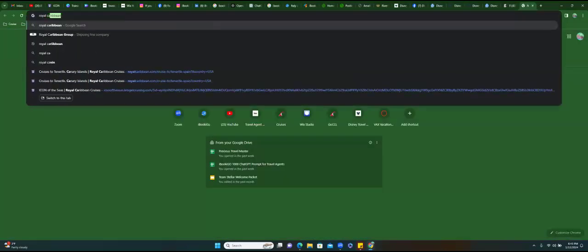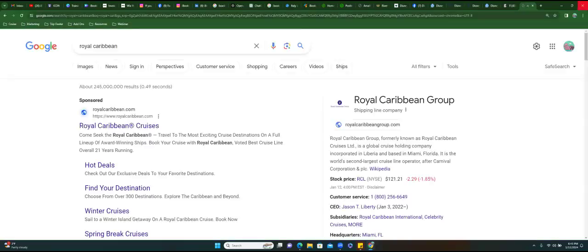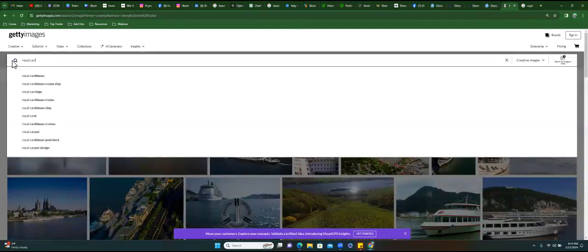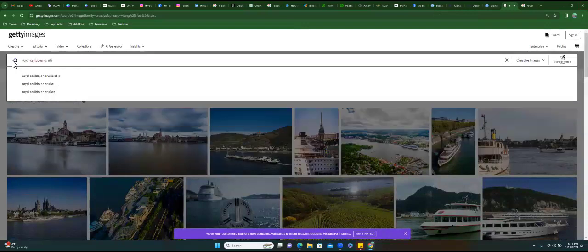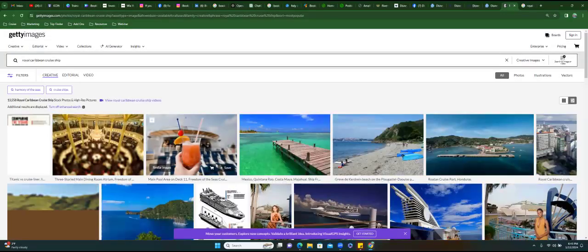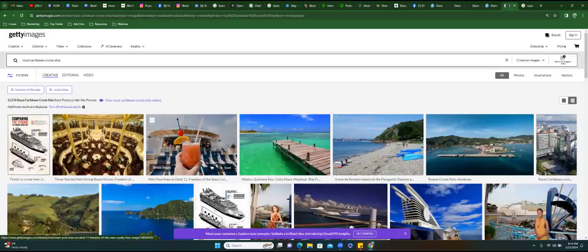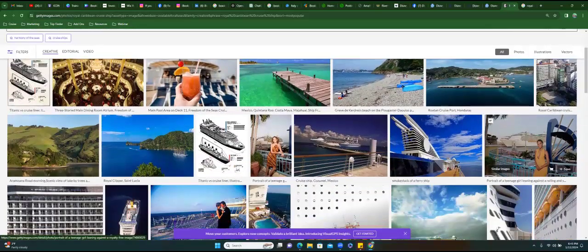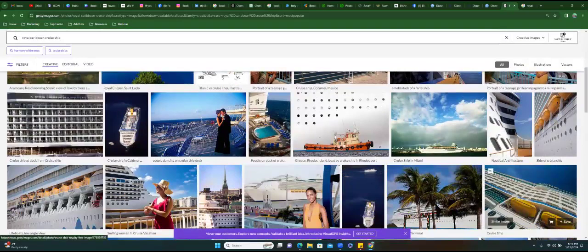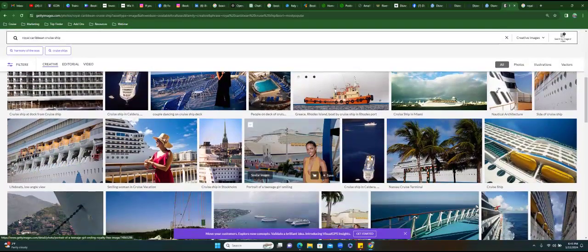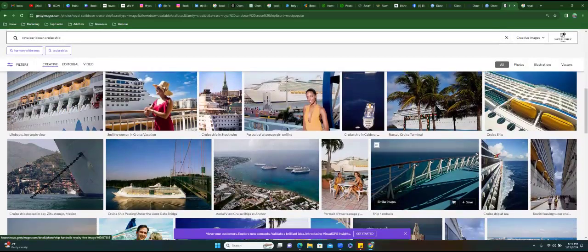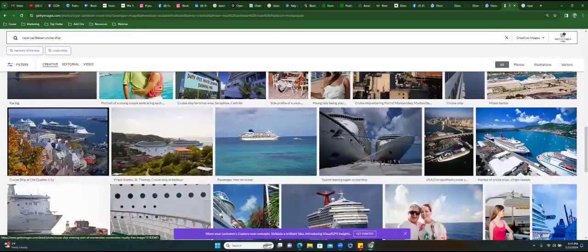So maybe I'll go back to Getty though, because Getty normally has pretty good pictures. Royal Caribbean cruise ship. Oh, cute. Okay. Do I want a person? I have options. I like that. I'm liking this. Portrait of a teenage girl smiling. Like a lady with a sun hat. Nassau Cruise Terminal. I want something that looks a little bit more like